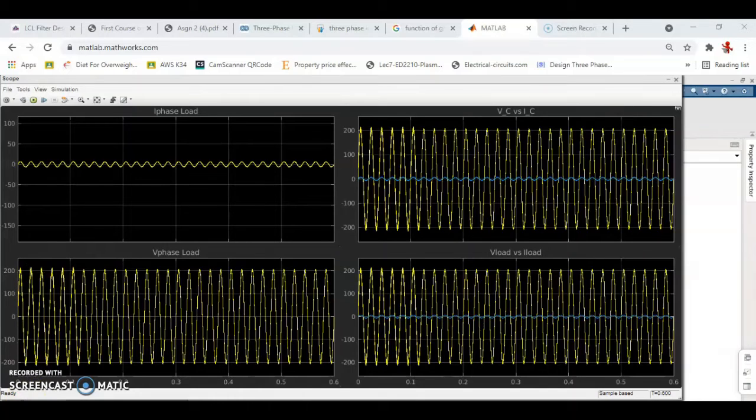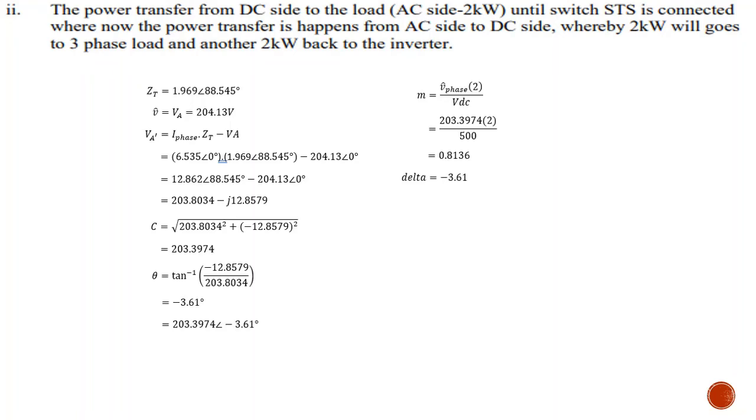When we round off the current obtained across the D, it is equal to zero. The second condition states the power transfer from DC side to the AC load, which is 2 kW, until